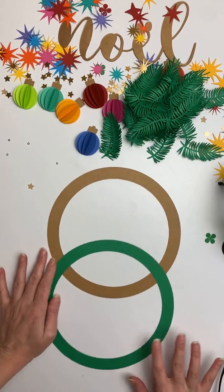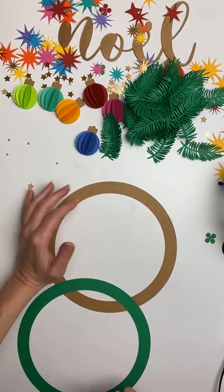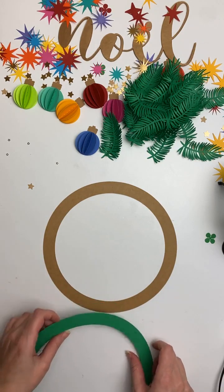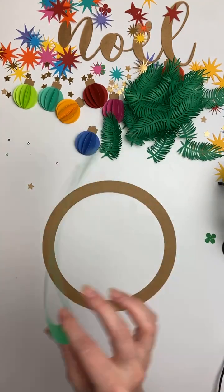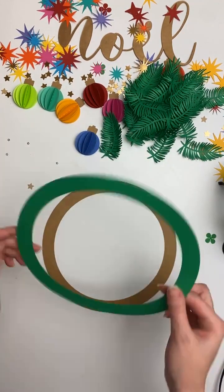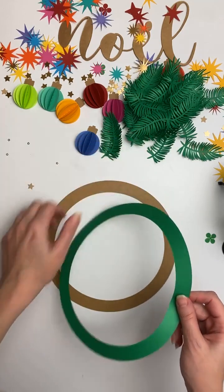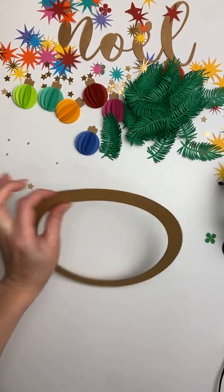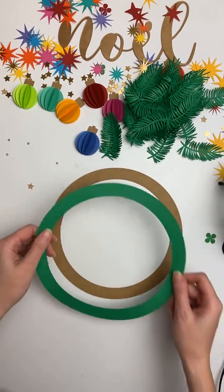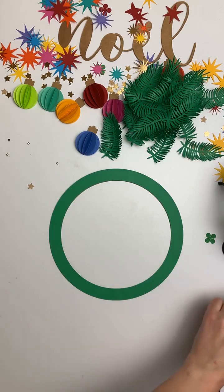So I mentioned this in the beginning that I duplicated the base because I wanted to make it a bit sturdier, and you know, the 65-pound cardstock is not the sturdiest, but I also wanted to have the green to match my foliage, so I did 110-pound cardstock, it's a bit sturdier, and then the 65-pound cardstock on top. For this I'm actually going to use